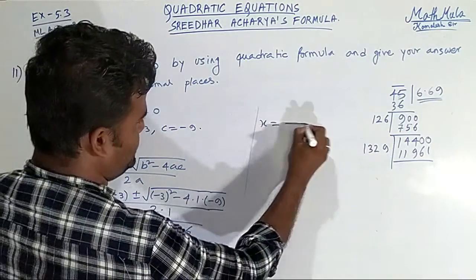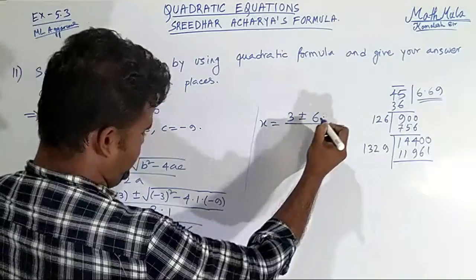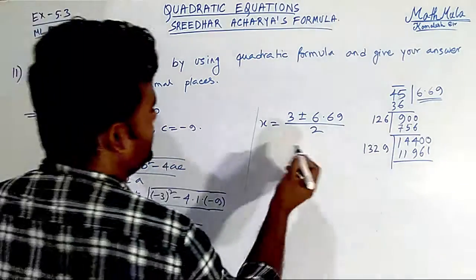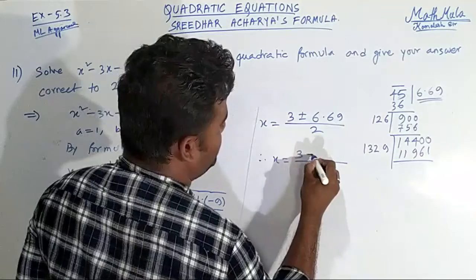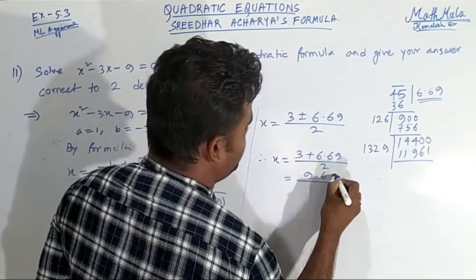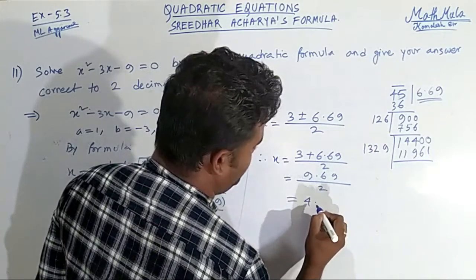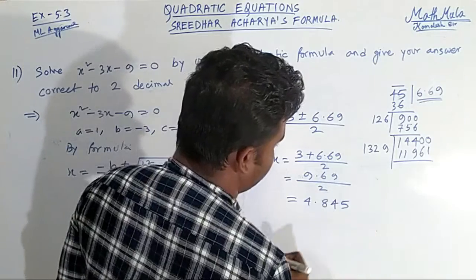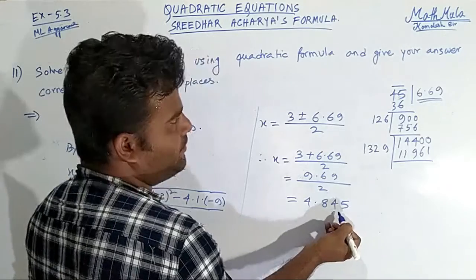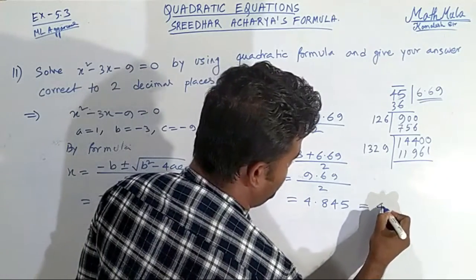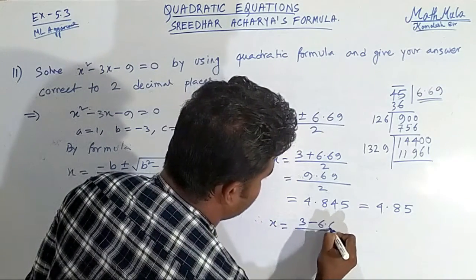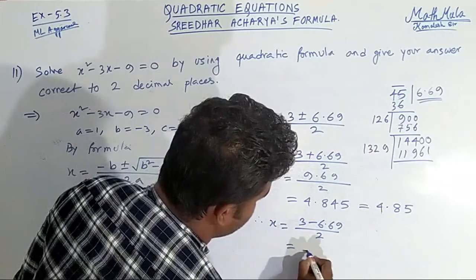Therefore x is equals to 3 plus minus 6.69 by 2. Okay, now the roots: x is equals to 3 plus 6.69 by 2, that is 9.69 by 2, this equals to 4.845. Now round up this number, the last digit is 5, so we add 1 to the previous number, so this is equals to 4.85, and the other root x is equals to 3 minus 6.69 by 2,